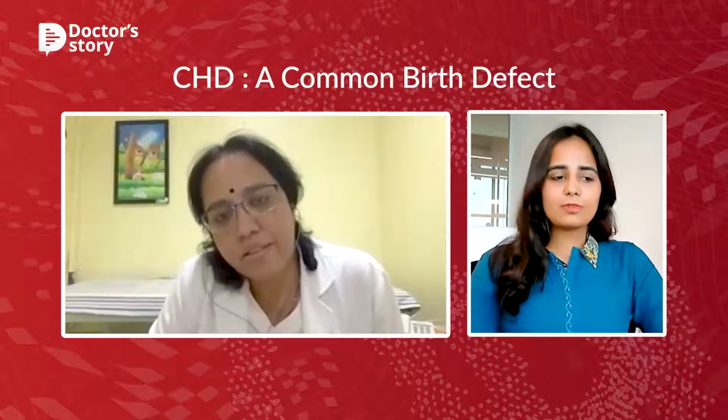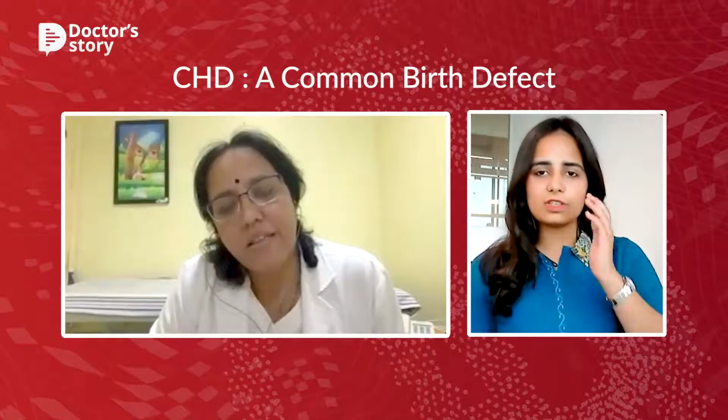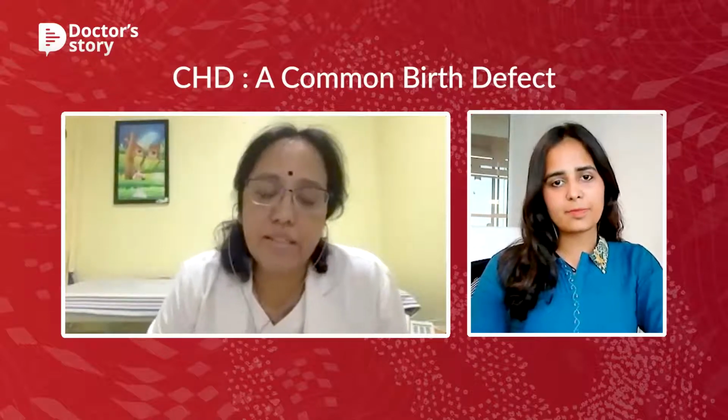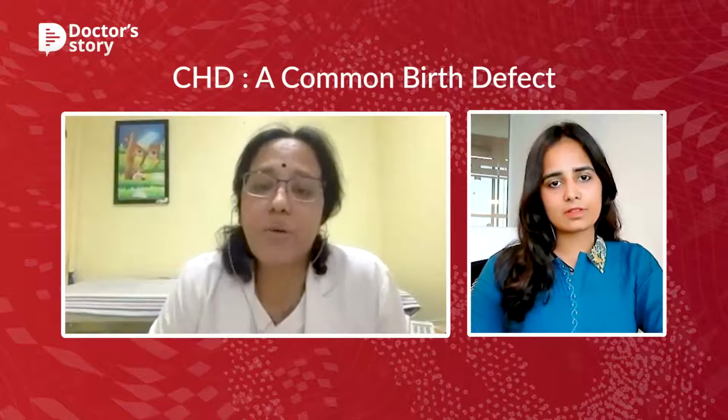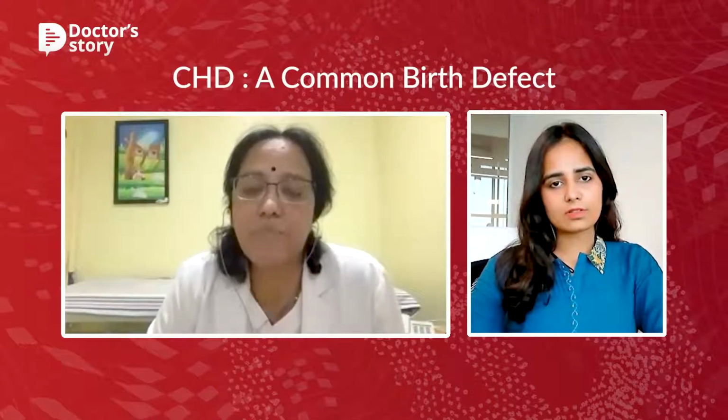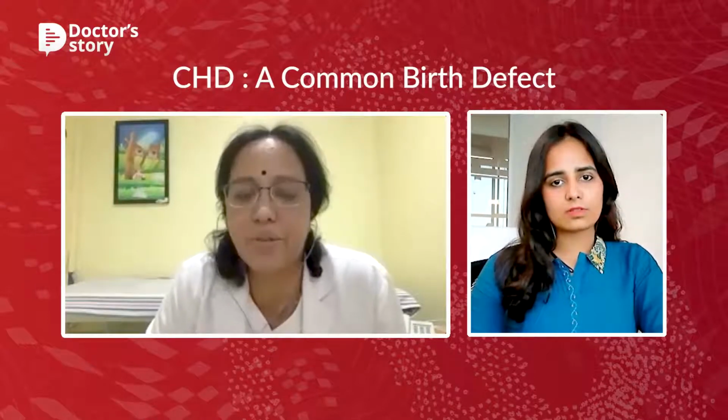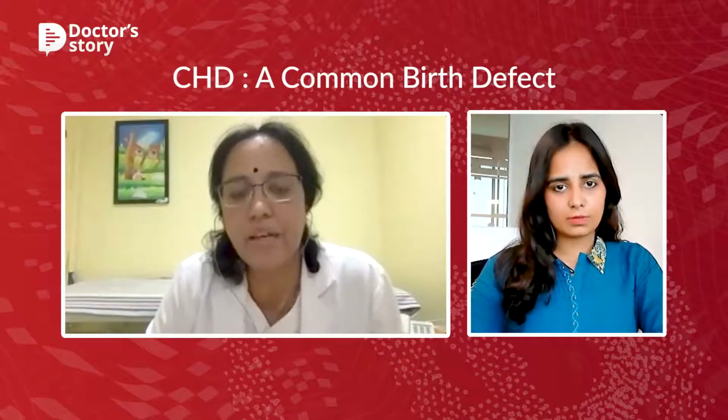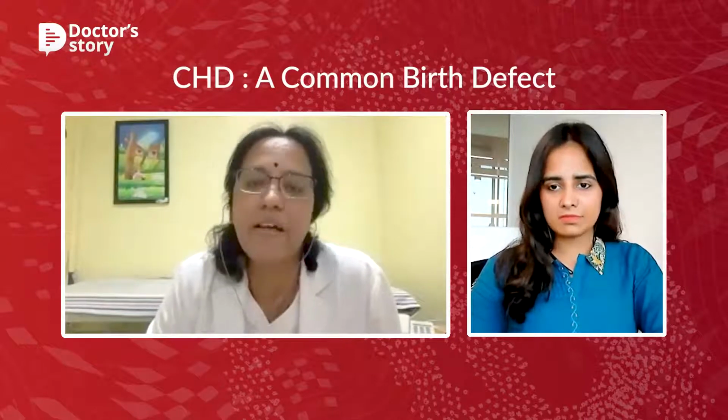Coming to the risk factors, who is at the most risk for CHDs? Congenital heart disease is usually known to occur because of what we call multifactorial inheritance. There is no specific cause and effect. Any healthy mother is at a risk of having a baby with congenital heart disease. If you look at the population incidence, about 1 in 100 pregnancies has a risk of having a baby with congenital heart disease.